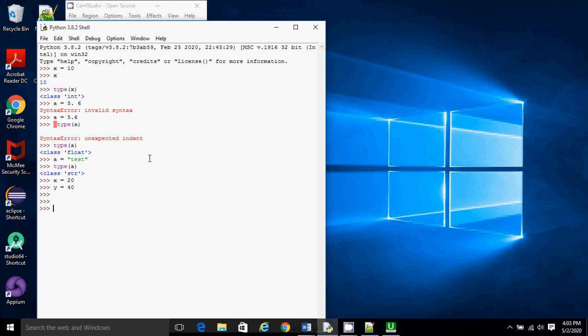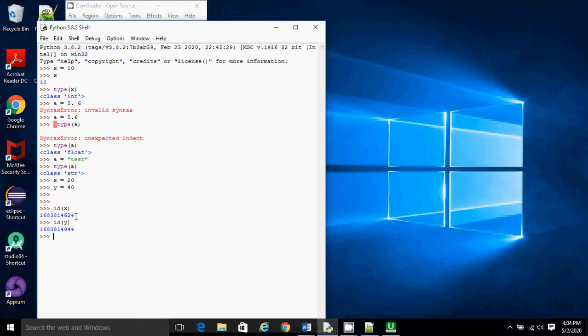There is one function in Python by which we can know at what memory location x has been stored, that is called id. If I check id of x, this is the location where the value of x has been stored. Now check the id of y.